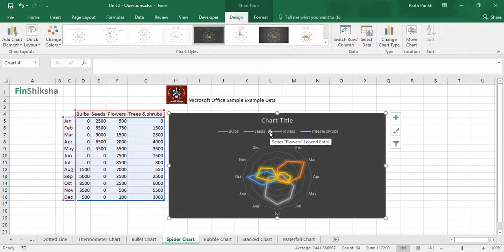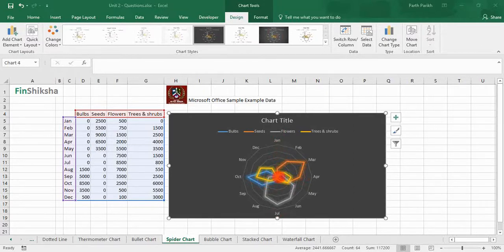The interpretation of this chart is really necessary. So what this chart tells us is that the bulbs expand in this particular region, which is August, September, October, November, and December. In terms of January till June, it has absolutely no expense, no real requirement. So January would be over here, somewhere over here, vertical.